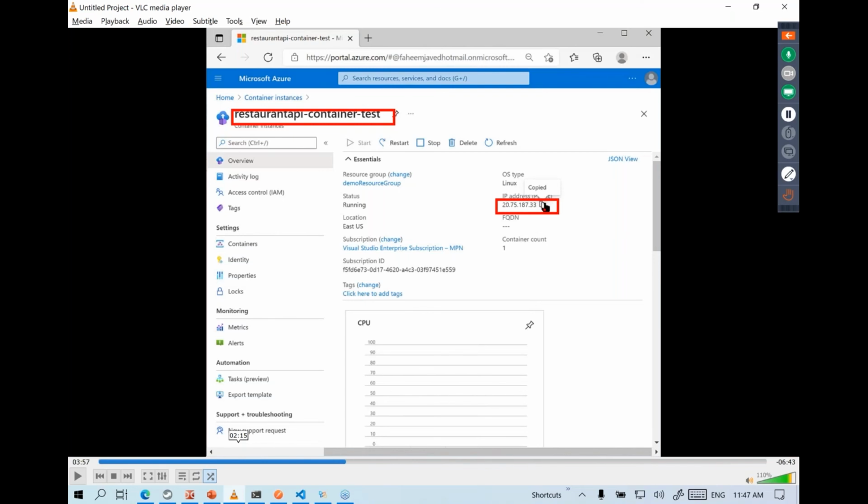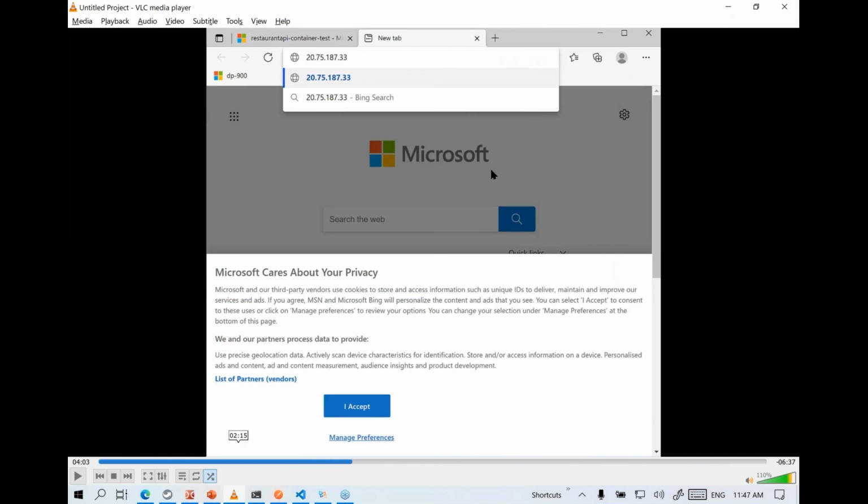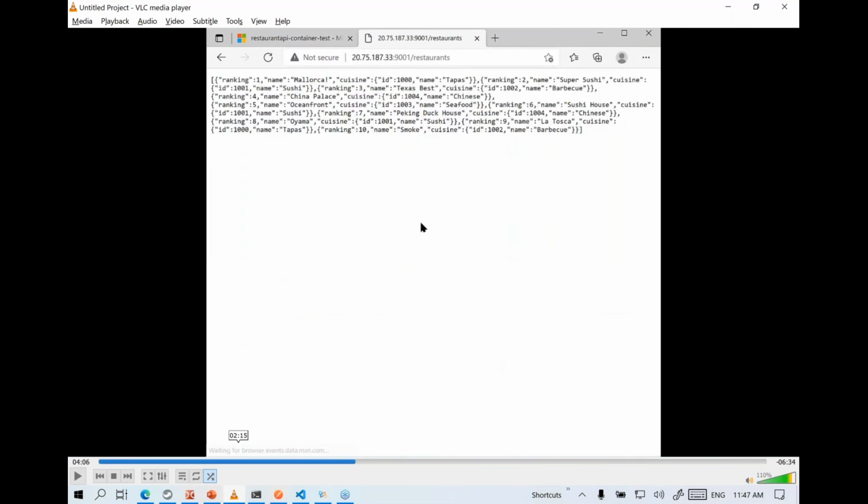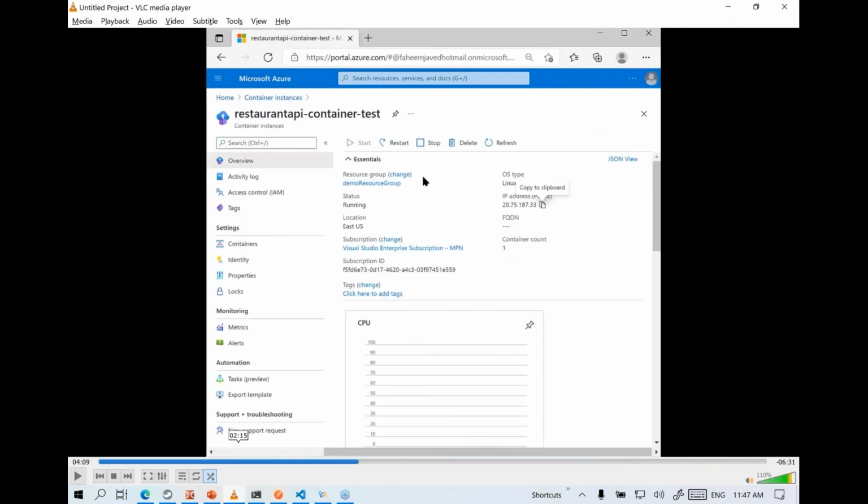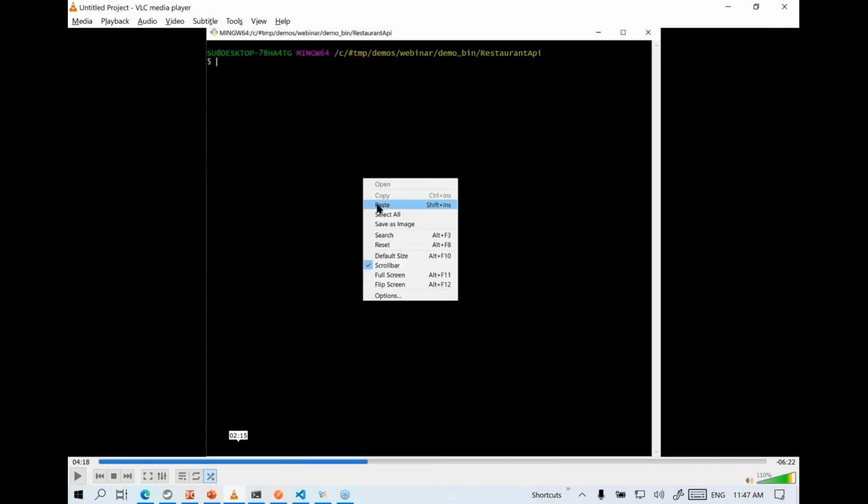So make a note of this particular IP address and either use any browser, or you can go to Postman, enter the IP address, colon, port number, and whatever your endpoint is, you'll be able to see the result here. So in short, our deployed image or pushed image is properly pushed to Azure. It's functional, and now we should be able to use the full-blown AKS Azure Kubernetes service cluster.